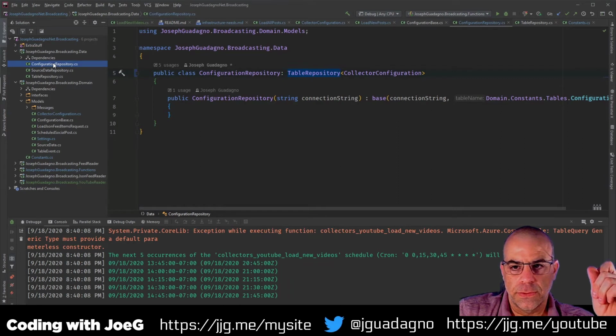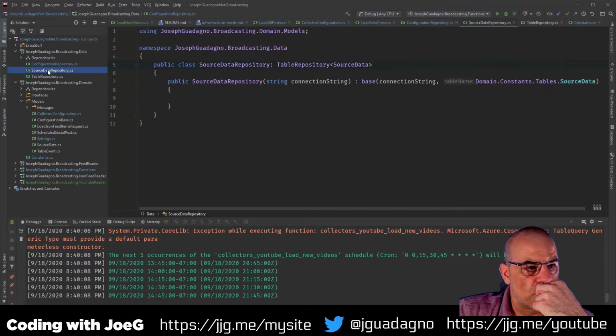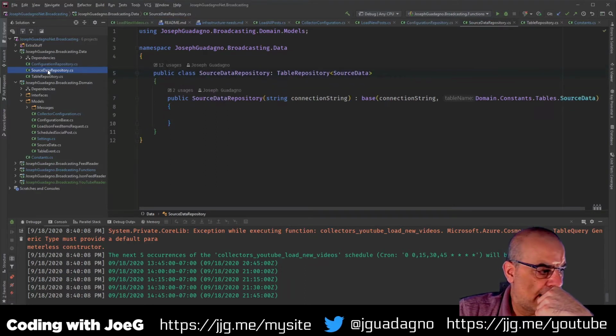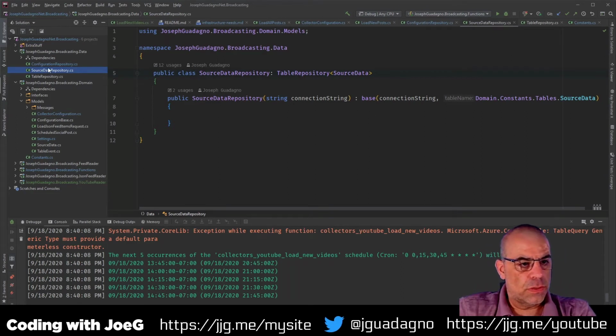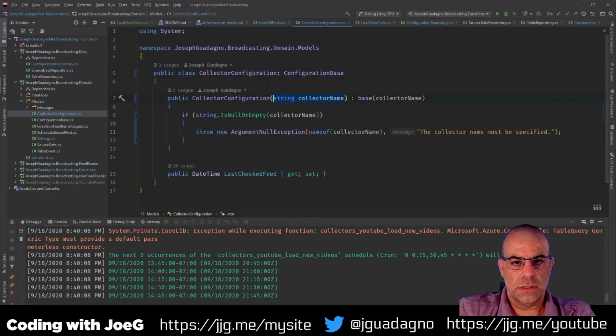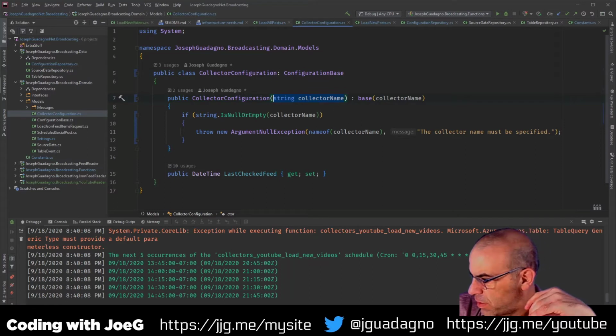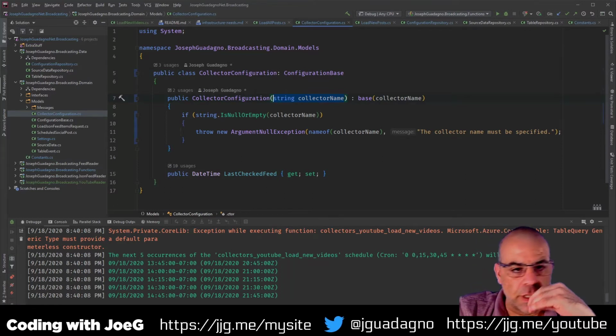Oh, now where did I want to do that? I wanted to change that. Collector base. Oh, I need to check to see if my audio volume was good. Yeah, it is. Okay, good.